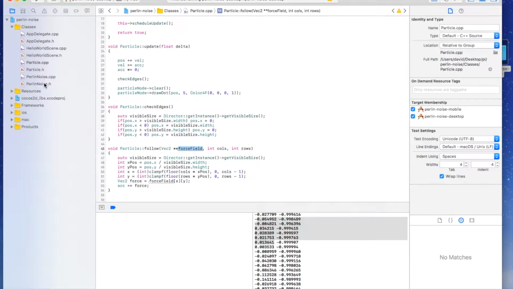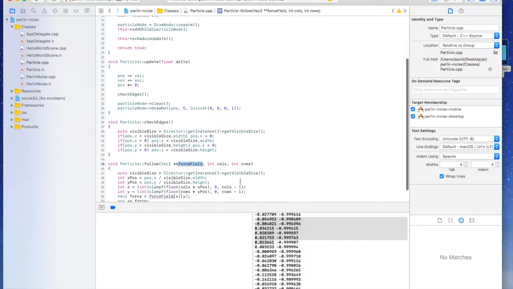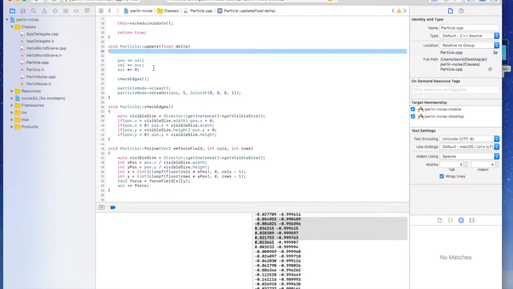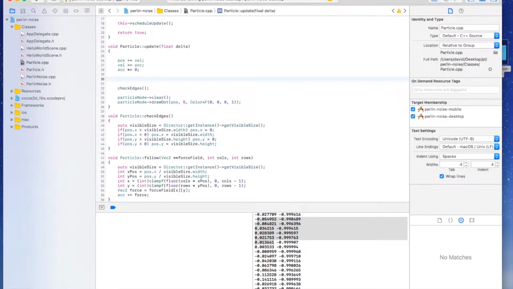Why don't I just pass the force field in when I initialize the particle, then inside of my particle's update function, if I just do follow here,